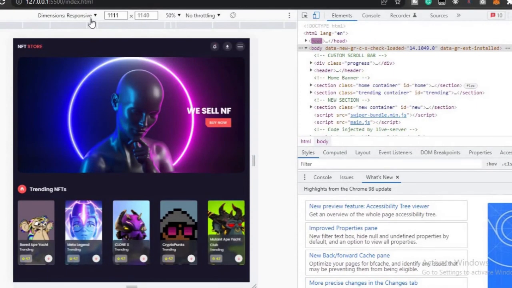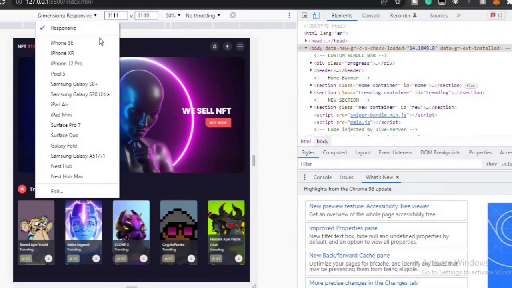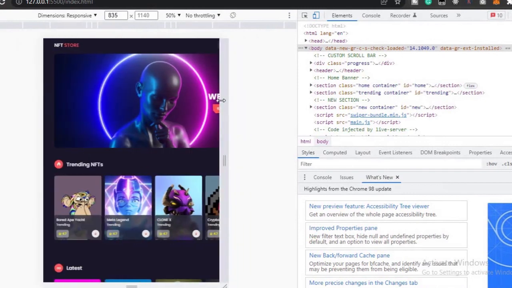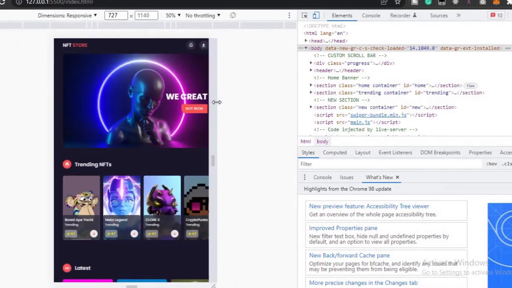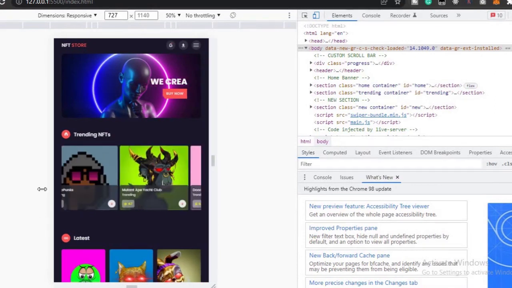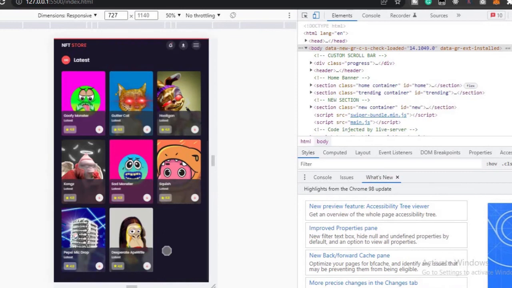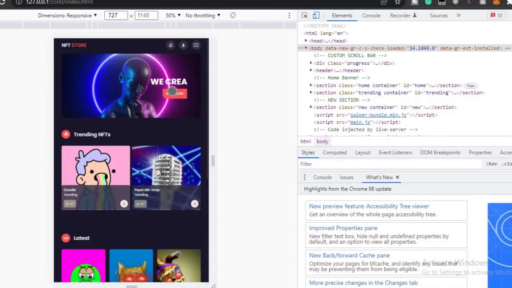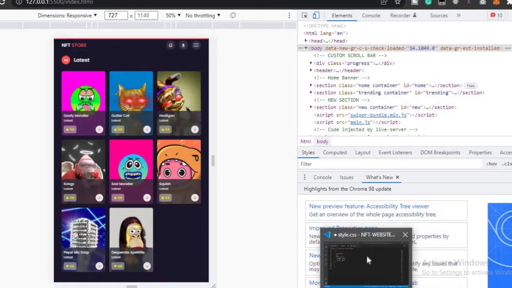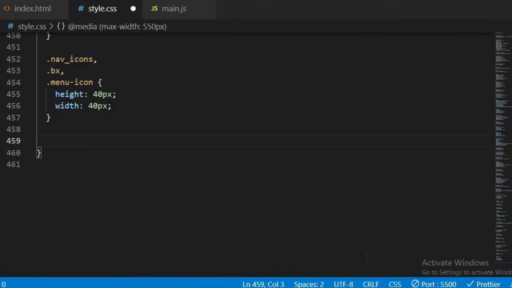So head over to your browser and let's reduce the width to below 700 pixels. Okay, so nice. Now also we're going to work on the footer for this website, so let's just finish with the responsiveness and then we can work on the footer. So back to your CSS,